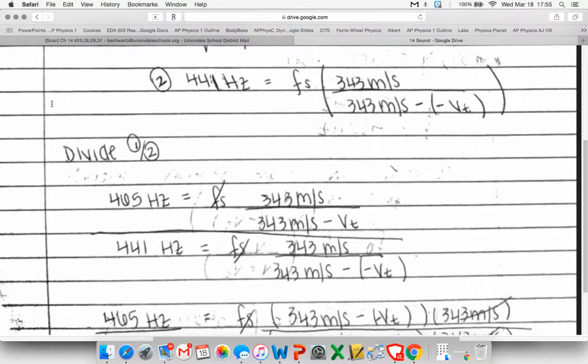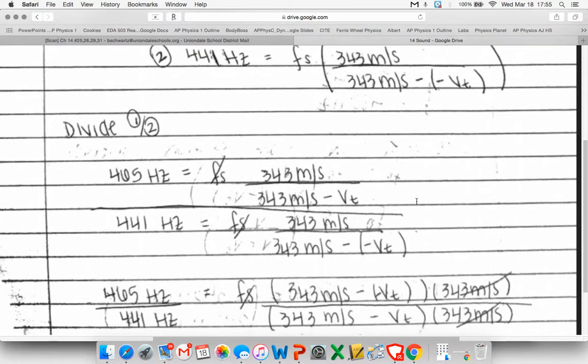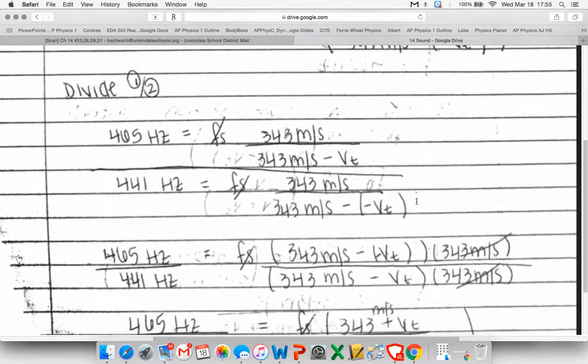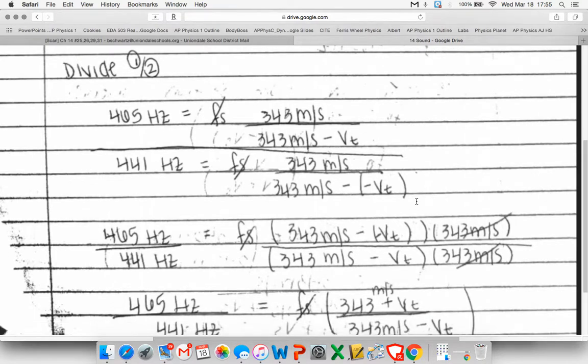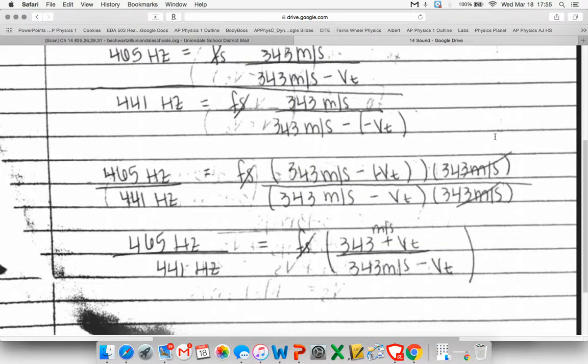What I did was I divided the first and the second equations. This is where the mathematics comes into play. So if you have questions specific to the math as far as why I did something or how the math kind of works out, definitely let me know. In this case, you're able to divide the 343